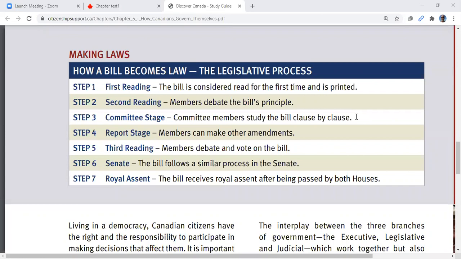Okay, so for this part, try to remember that they read it 3 times. There's 3 readings, because sometimes that's a question: how many readings before a bill becomes a law? It's 3 readings. And then the other thing is, what is the name of a law before it is a law? You could say it is a bill. Before it is a law, it is called a bill. It's a lot of talking and a lot of debating, but that's how our government works.